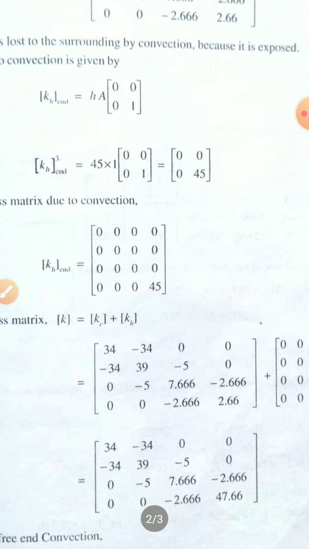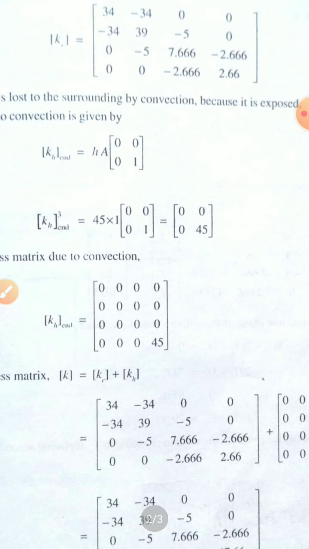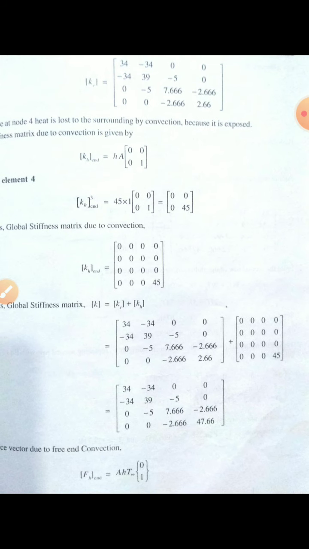Okay, so the global stiffness matrix is reduced, and the size of the matrix is 4 by 4, because there are 4 nodes; the 3 composite walls mean having 4 nodes. The size of the matrix becomes 4 by 4. Now on the right side there will be convection, since at node 4 heat is lost to the surrounding by convection,